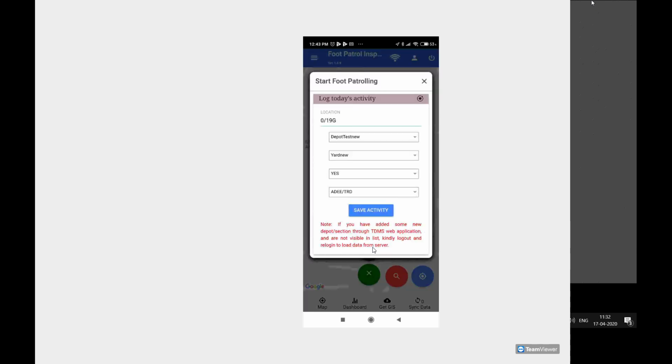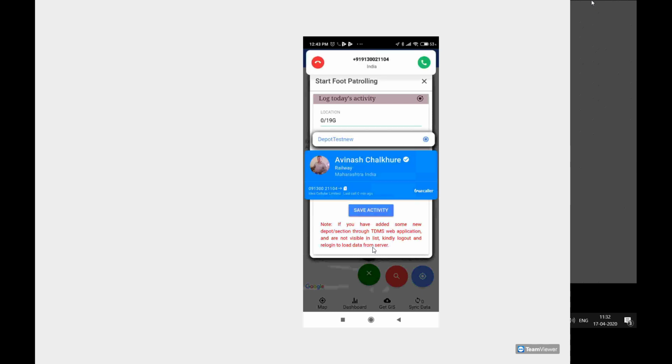Okay, so what this message is trying to say is that creation of depot and section from the mobile app is suspended, you cannot create from the mobile app. Now it is available in the TDMS web application. So suppose you have recently created a new depot or any new section in an already available pre-created depot, and it is not coming in the list, in this list we are talking about, the depot and sections list. So in that case,